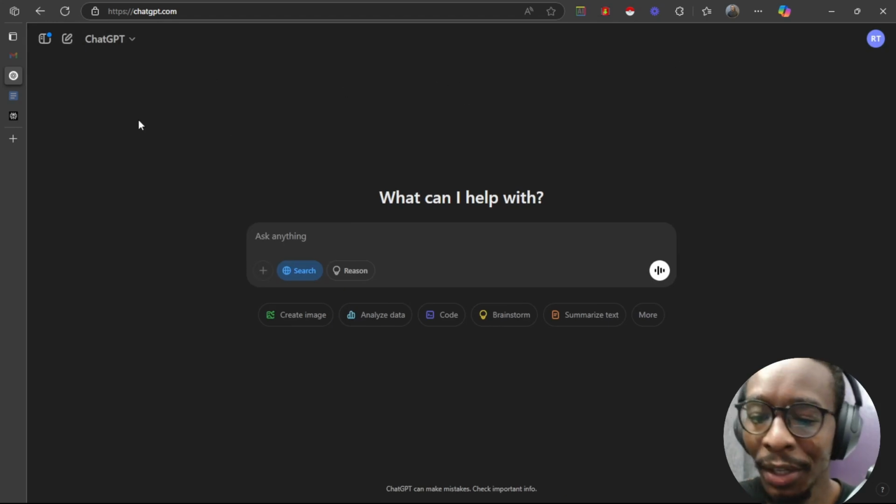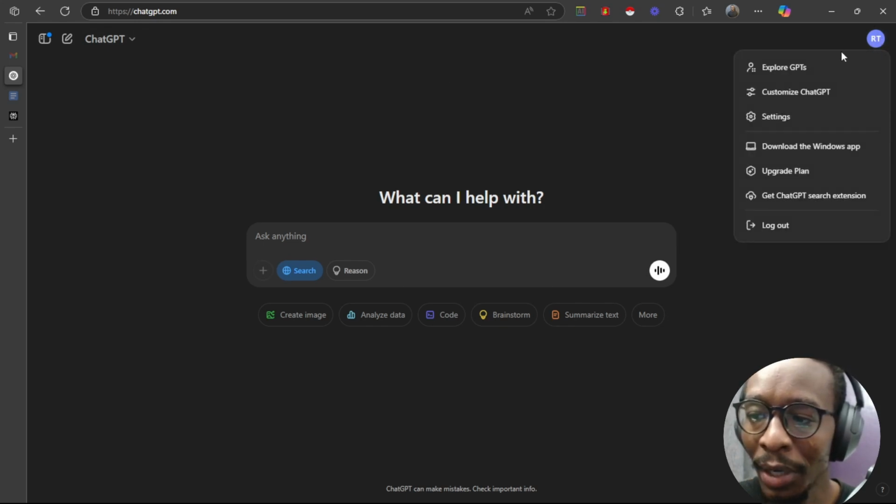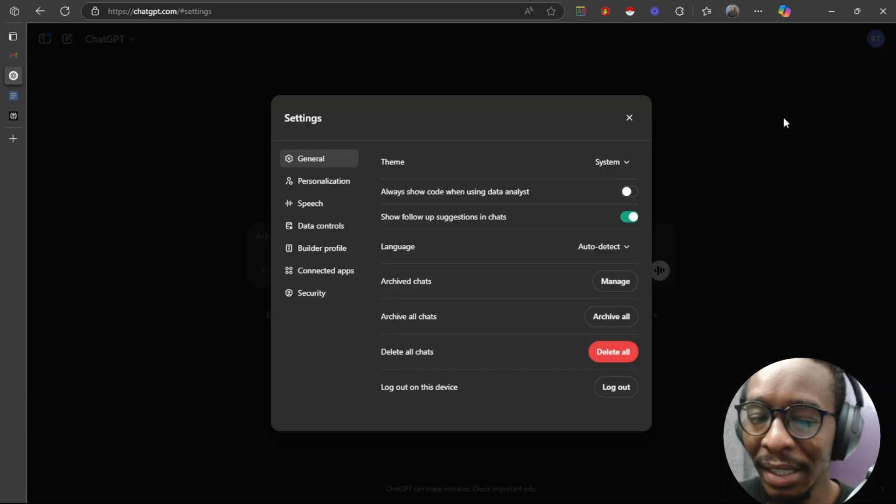Okay, so now that we've gone through the main things, we can go back to the ChatGPT main page, and then click on the top right, click on your name. We have Explore GPTs, Customize ChatGPT, Settings, Download the Windows app, Upgrade, and then Get ChatGPT search extension. So I'm going to come to Settings, and this is where you can change a lot of things. We have the theme